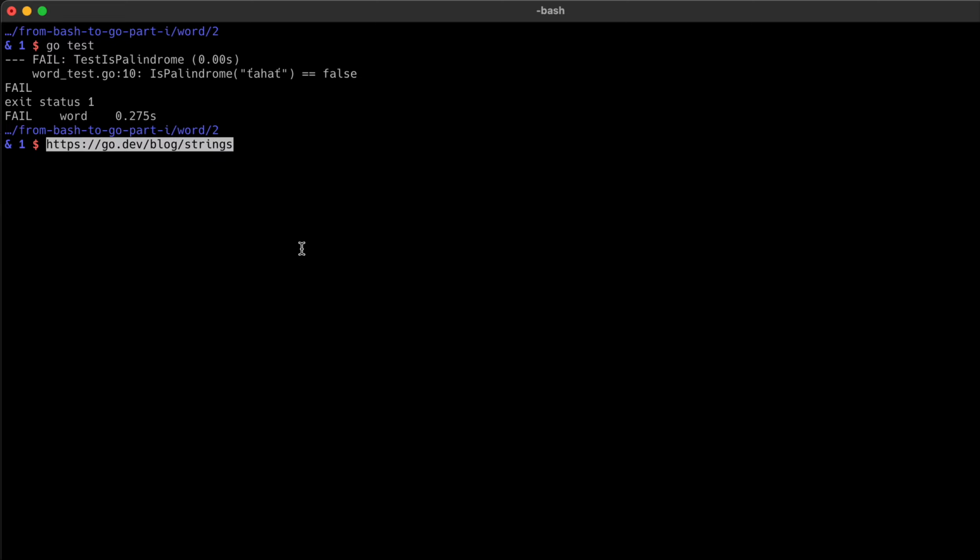We find out that strings are just sequences of bytes, of any bytes, and a string is not required to hold Unicode text, UTF-8 text, or any other predefined format. That means